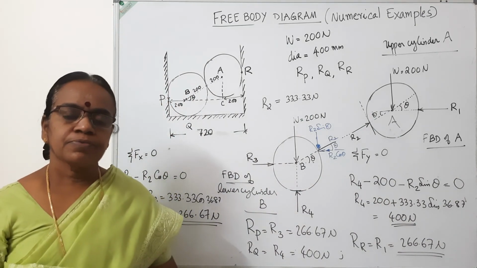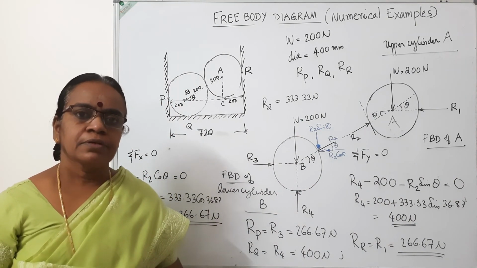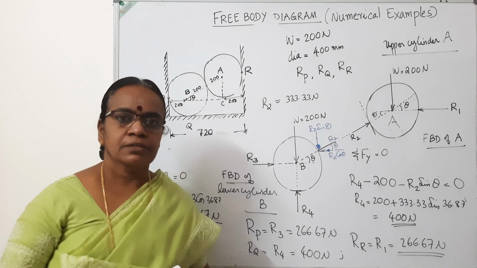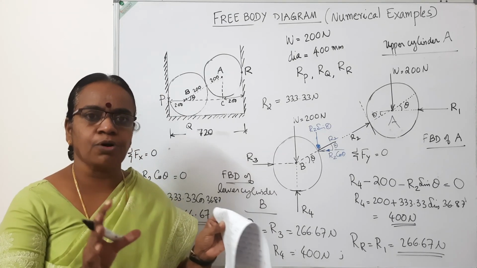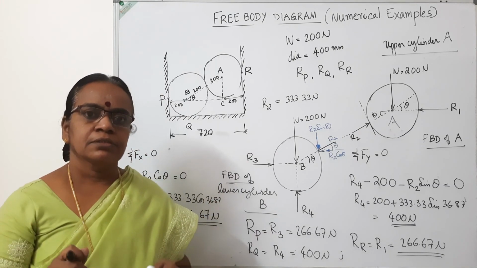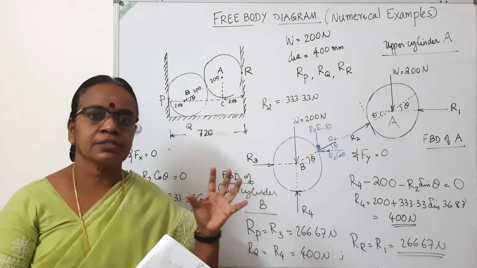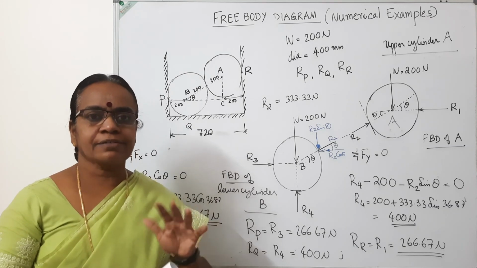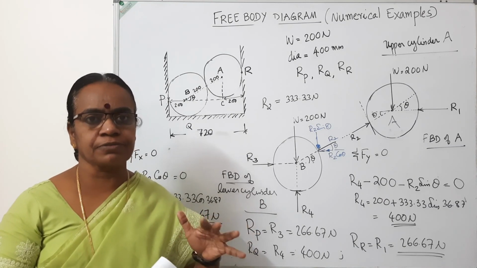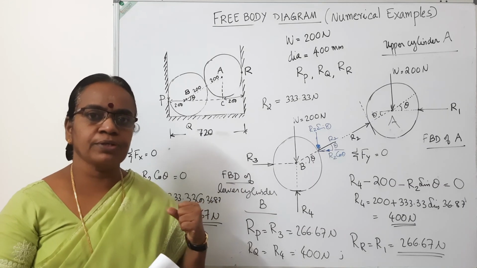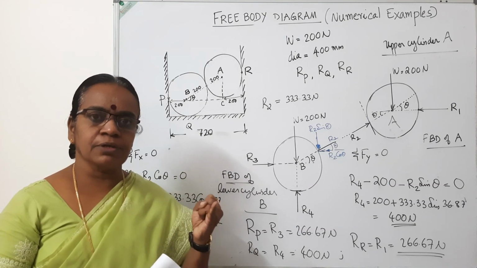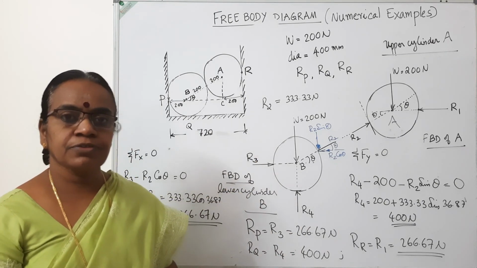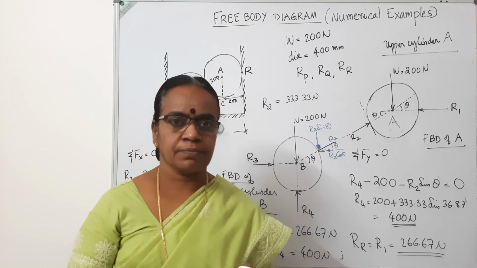So when we deal with complex problems, the free body diagram is very useful. We can separately consider each body freed from all other bodies and mark the self-weight and other forces coming from the contact surfaces, the support reactions, the contact surface reactions, and consider the equations of equilibrium. Sigma Fx is equal to 0, sigma Fy is equal to 0, so that we can get all the surface reaction or the contact reaction components. Thank you.